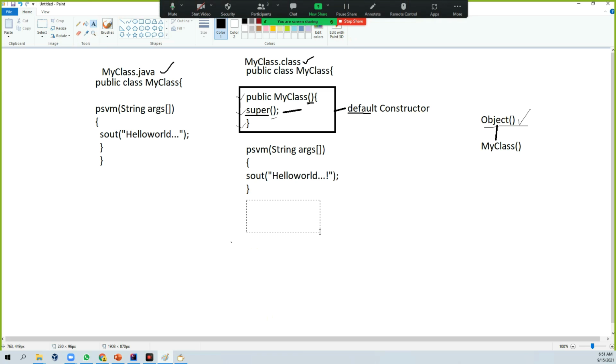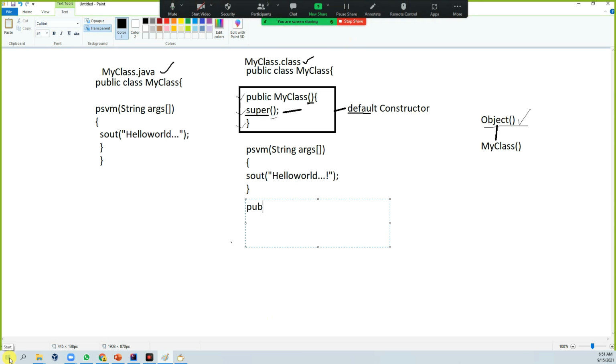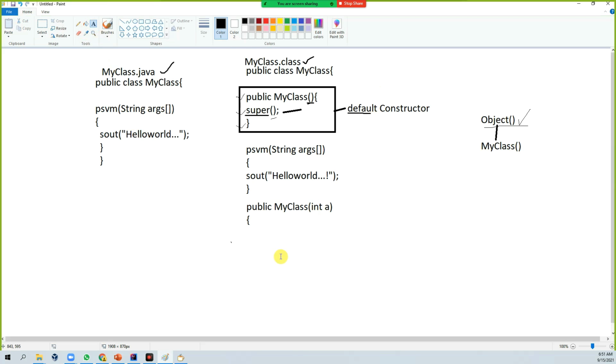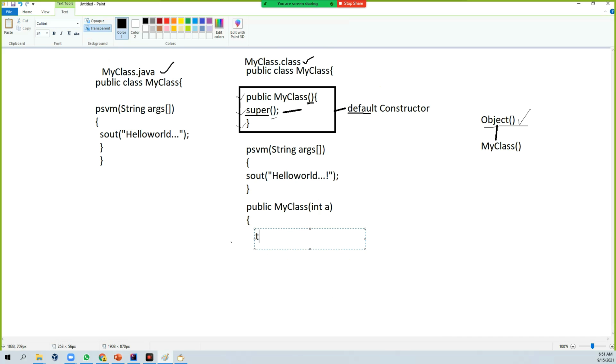It will be like this: public MyClass(int a). One second, this is not working. this.a = a.